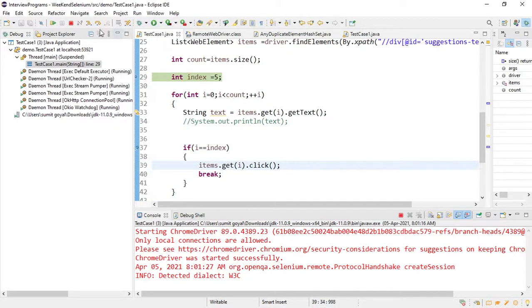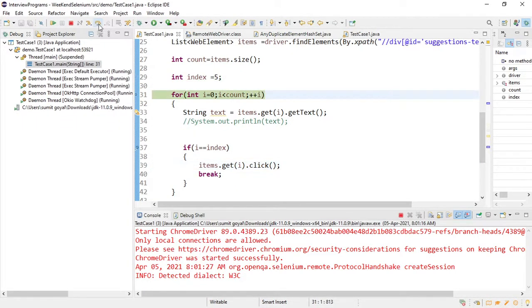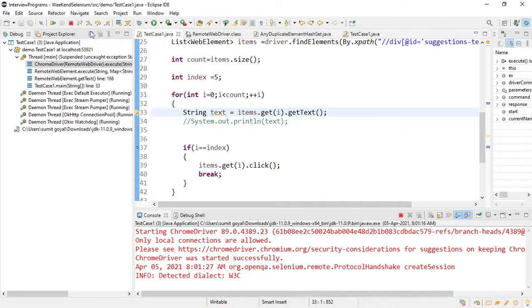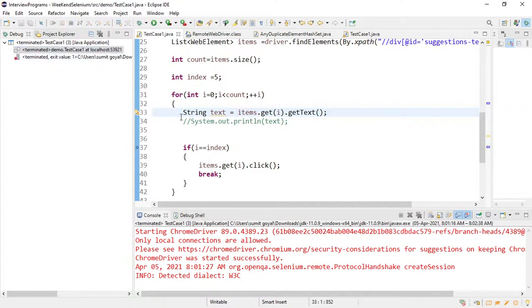Now I am saying index is 5 so that I can click. It will run one by one. So at index number 0, the text will be. Okay, so I think there is some issue in debugging here again. Let me do one thing. Let me print it.